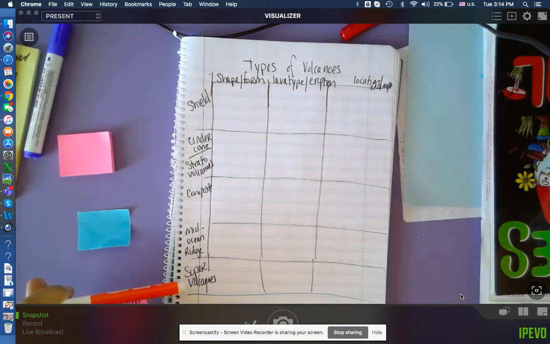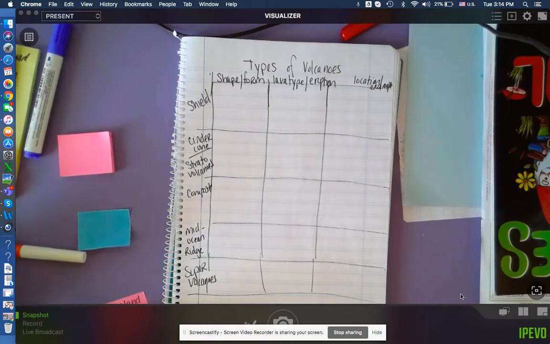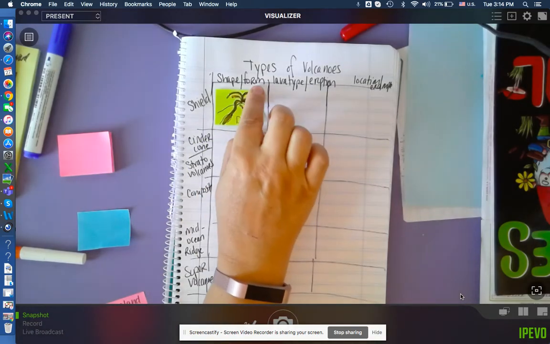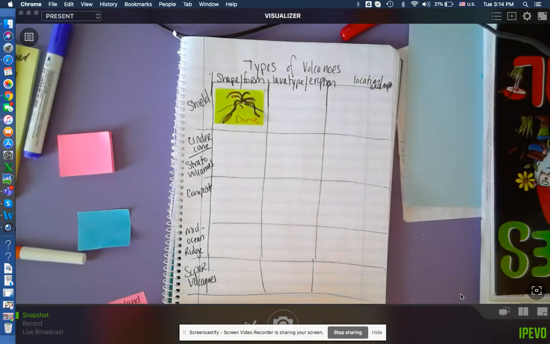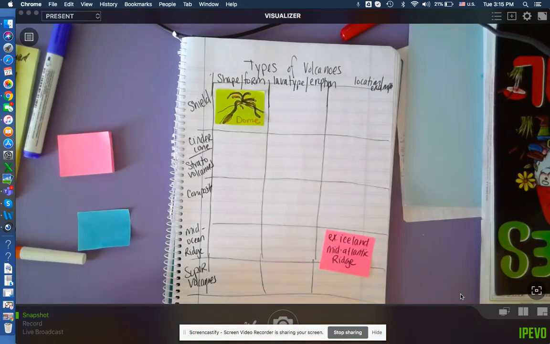And then, for extension, if you want to go, as I'm sure you all will be interested in supervolcanoes. Those are hot spots under really thick crust. So we'll talk about those as well. So as you're going through and making these notes, if you want to leave these squares blank and do your notes on sticky notes like this,